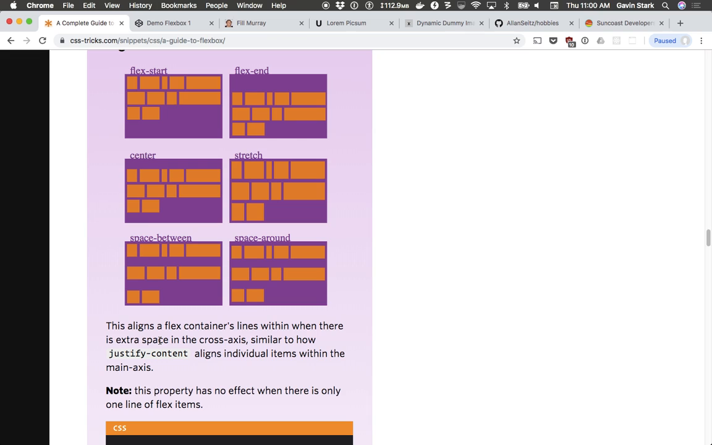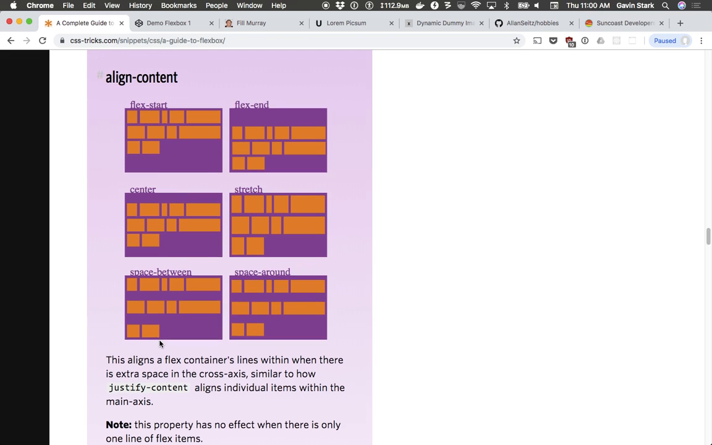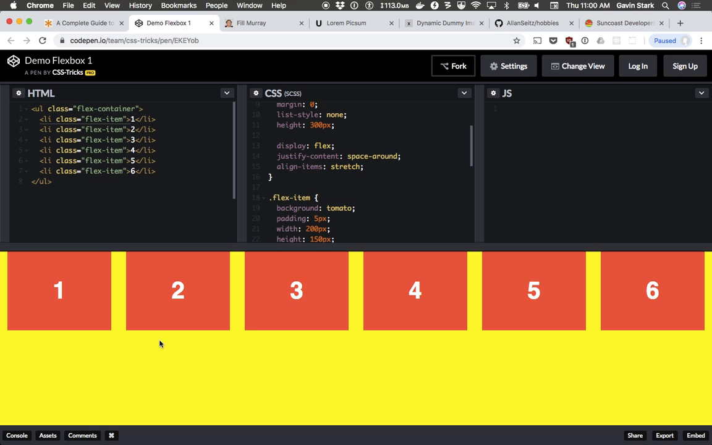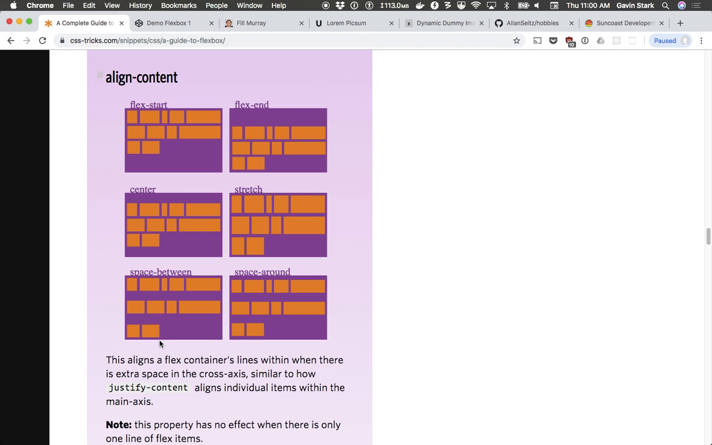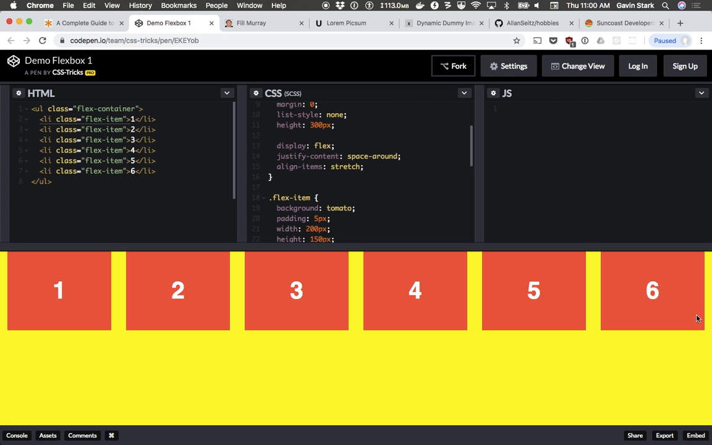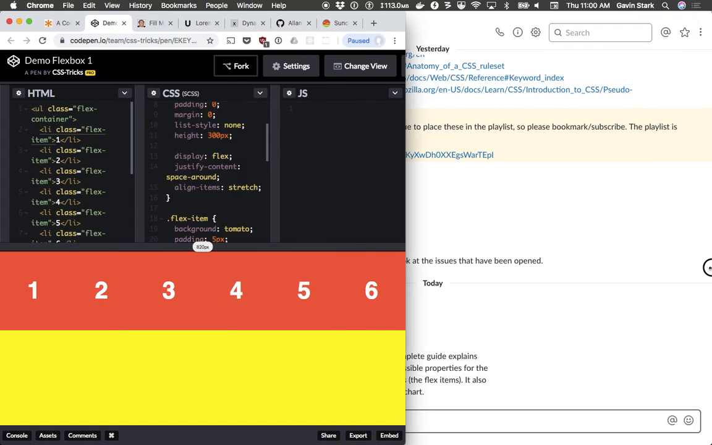right? So this property doesn't have any effect when there's only one line of flex items. This is how we align the content as a group when they wrap. So when they're wrapped, do we want them to wrap in the center, or at the start or at the end? Right. So one line like this, no matter what we do for align content, will have no effect. But as soon as we start wrapping,